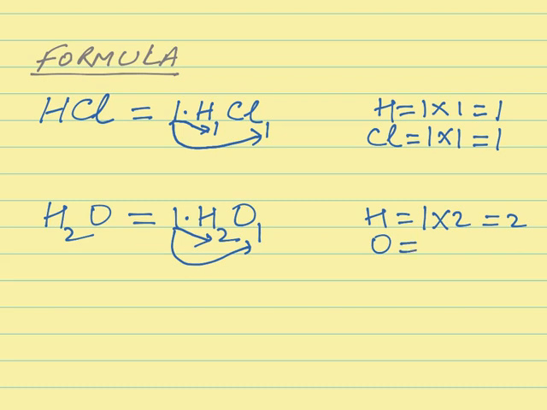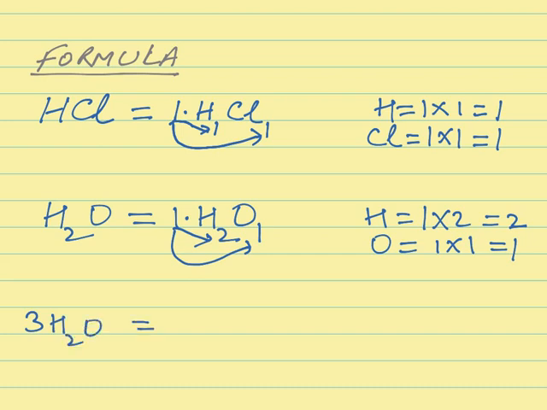equal to 1 into 1, which is equal to 1. So in all, there are 3 atoms present in H2O. 2 atoms are of hydrogen and 1 is of oxygen. If the formula given is like this,